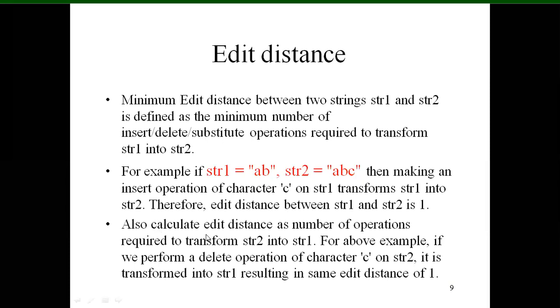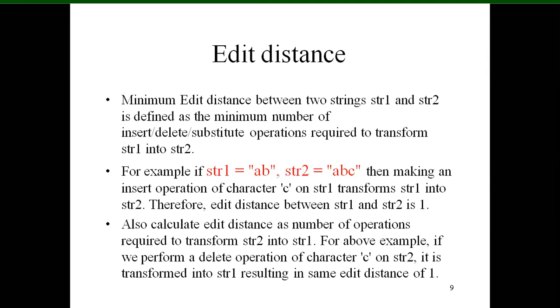Now also calculate edit distance as number of operations required to transform str2 into str1. Suppose you want to convert str2 into str1. What to do? Here ABC is there, here AB is there. So you can remove C simply. You will get str1. That means we can convert str2 into str1 by removing the character C in str2.